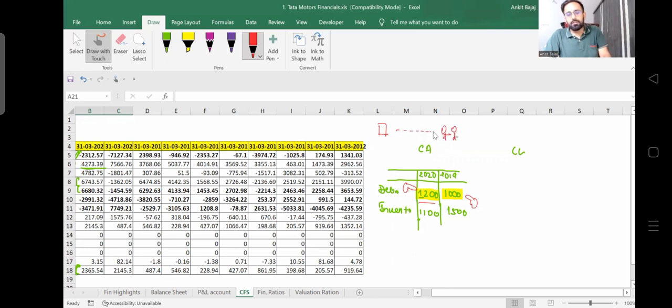Definitely, if you are selling goods on credit to your debtors, right? How much? 1,200 crore. So it means you have sold goods on credit. Now, definitely, if you are selling goods on credit, you will be incurring lots of manufacturing expenses, right? You will be incurring raw material costs to produce these goods. You will be paying salary to your employees, and you will be incurring lots of other expenses to manufacture goods,